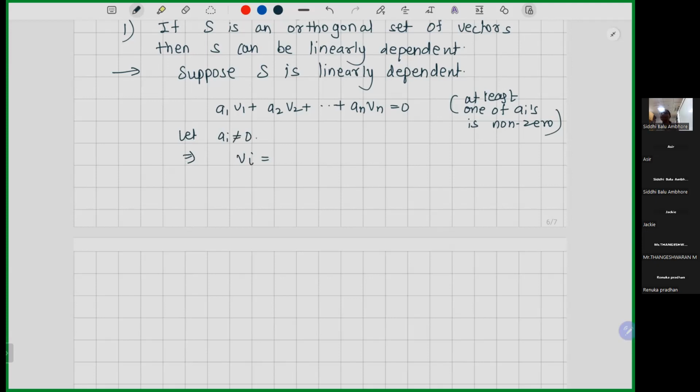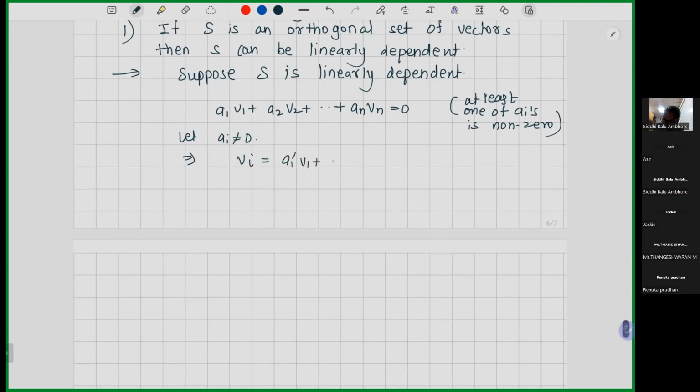I will divide everything by ai, so it becomes a1' v1 + a2' v2, and so on up to ai-1' vi-1 + ai+1' vi+1, and so on up to an' vn,